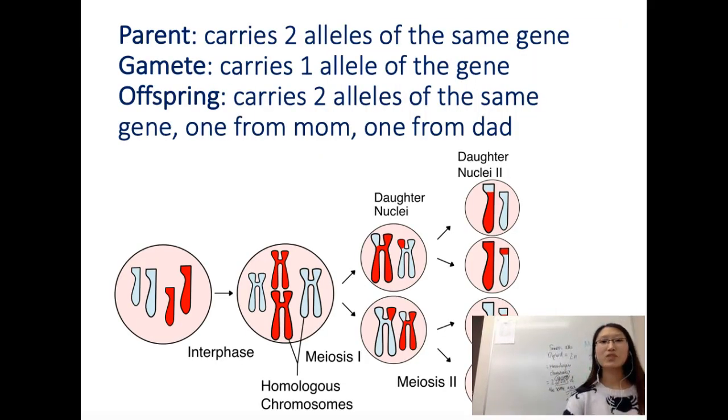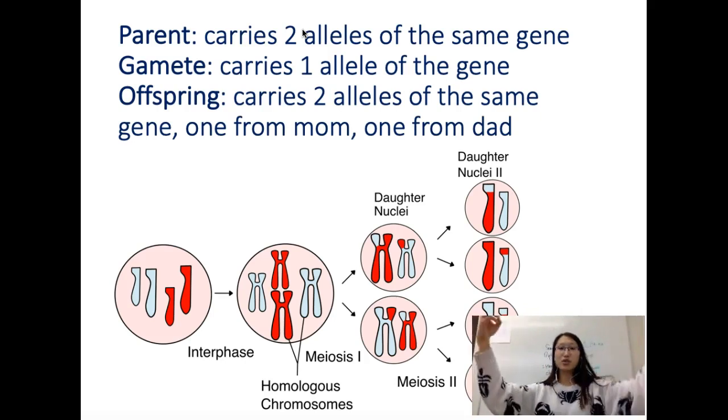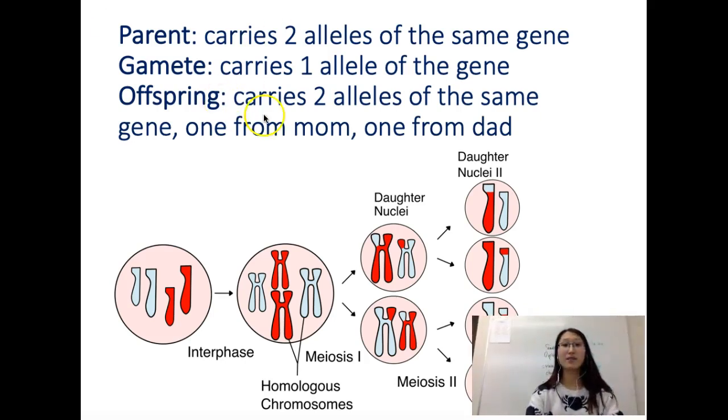And then the next one is gametes. Gametes would have 1 allele of the gene because gametes are all haploid. So as you can see, each one of these could be a gamete because each gamete carries 1 allele of the gene. And then offspring, because offspring puts 2 gametes together, we would have 2 alleles of the same gene as well. Okay, but right here, we're only looking at 1 trait,